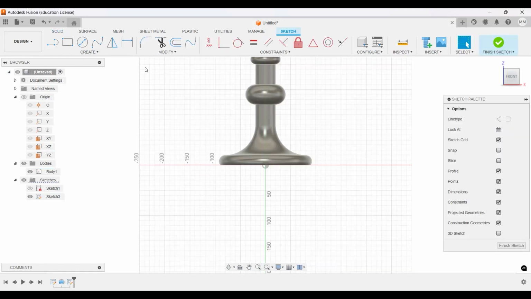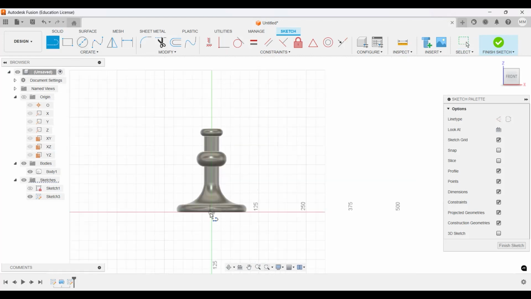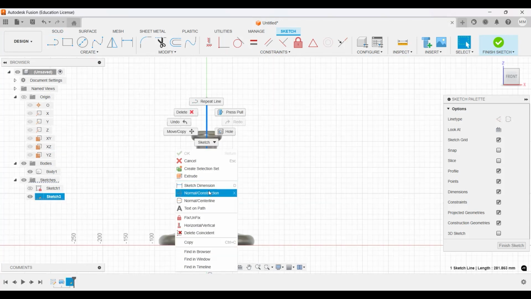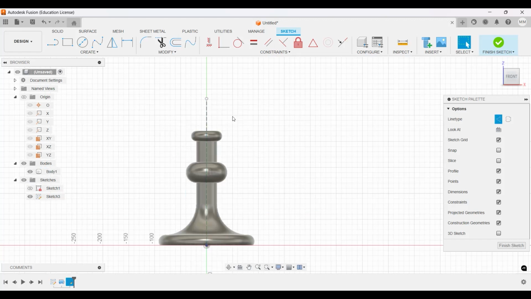So we're gonna be making a line. For now, I'm just gonna make a line that goes through the whole thing. I'm gonna start from the bottom, going all the way up. Right, press escape, and then I'm gonna right click this line and make it into a normal construction because I just want it for reference. And from here, I'm gonna make my other line. So from the center, I'm gonna go, and before I put it, I can automatically measure it. So 60, and then I'm going to be adding